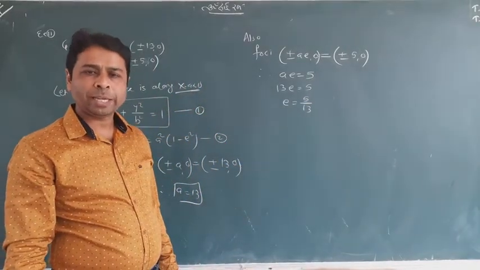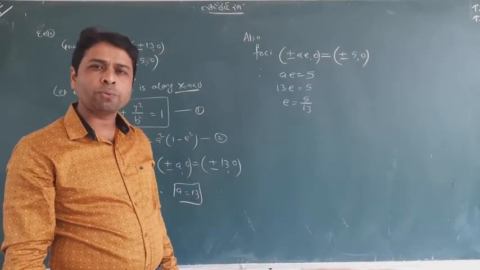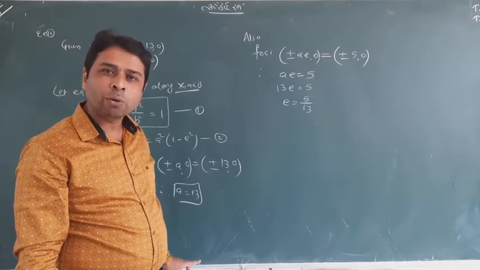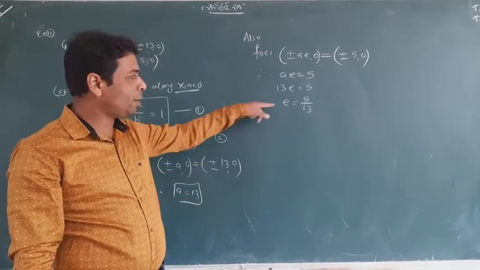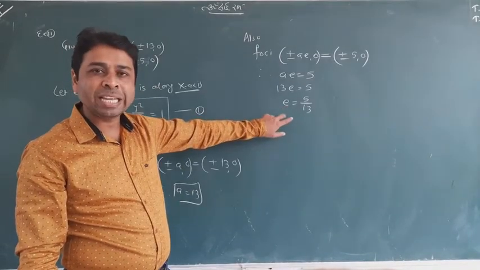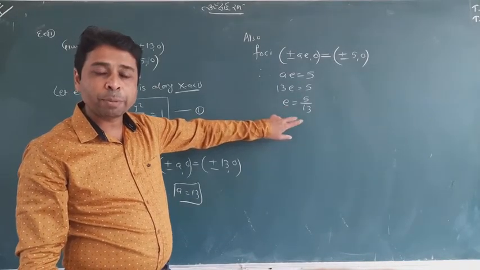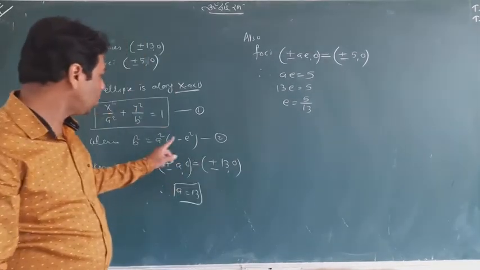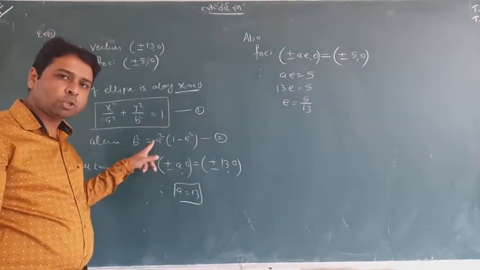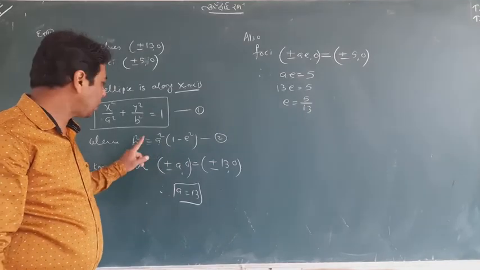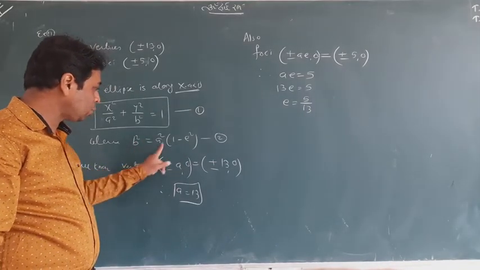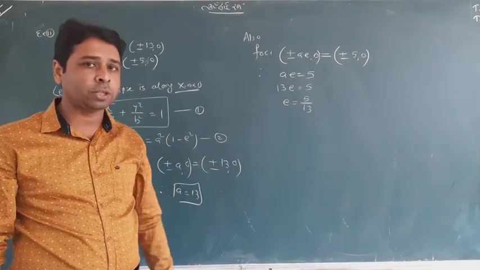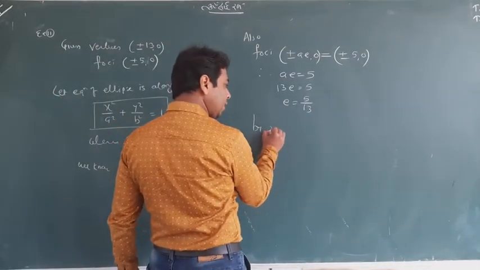But what was your main aim? Your main aim was to find a and b. You already have got a. You need b now. You were trying, but you reached till e. You have got e, but b is still unknown. Okay, no worry about that. This will help you. This is also a very powerful equation. When a, b and e, three things, we have, if you know any two things, you can find the third thing. So okay, by 2 I will write down.